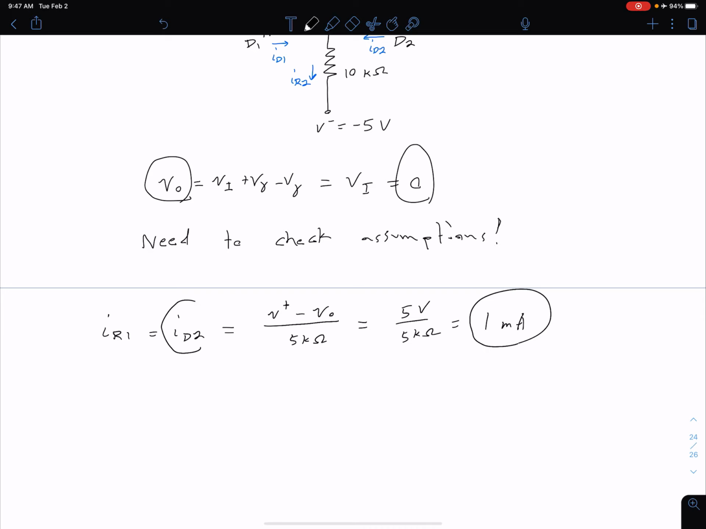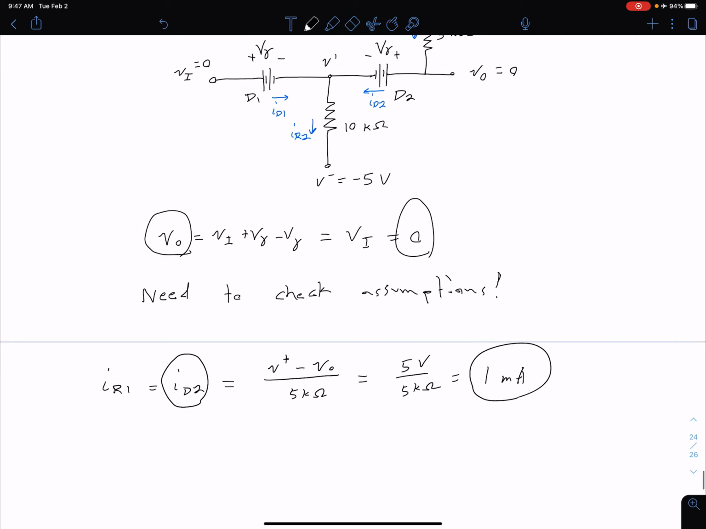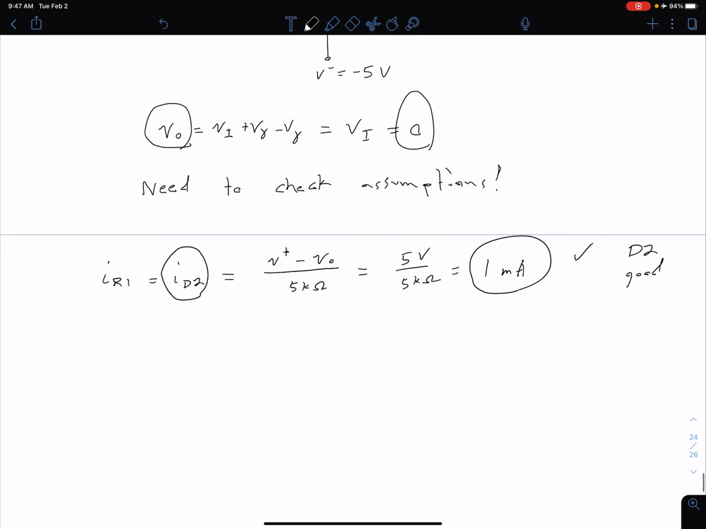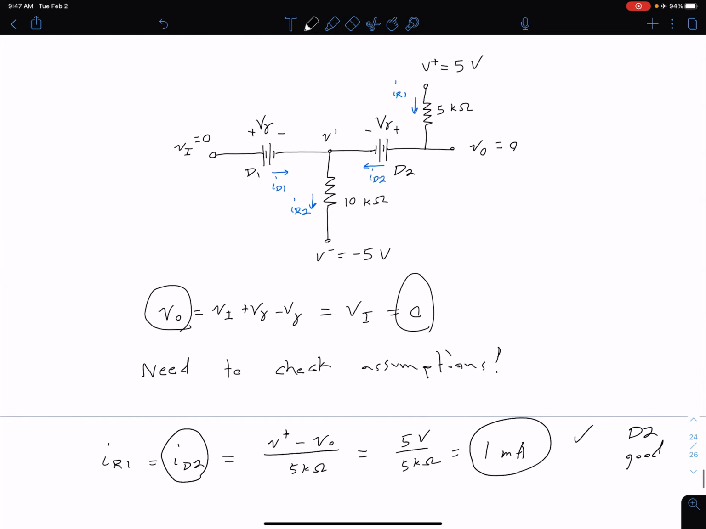Okay, so this is our ID2, and we assumed our diode D2 was on. We have a positive diode current, so that means our assumption is good. So the D2 assumption is good. All right, so now we need to check our D1 assumption, and we need to do that by calculating the